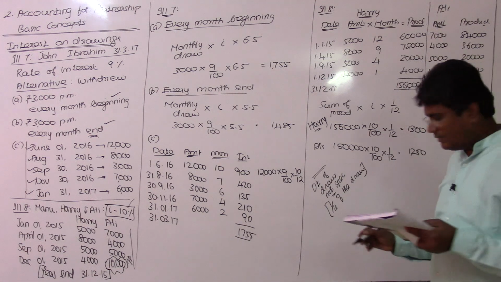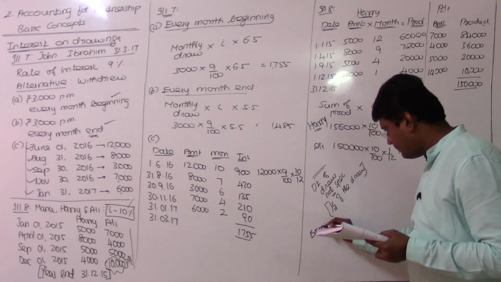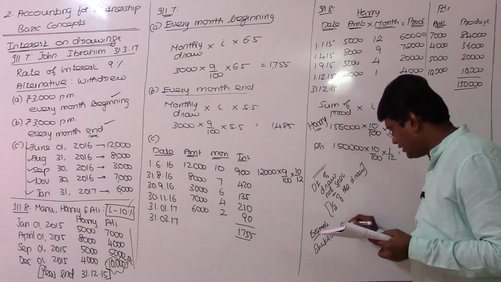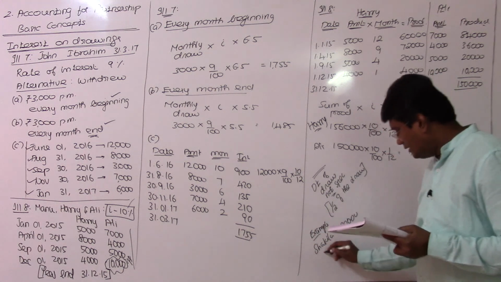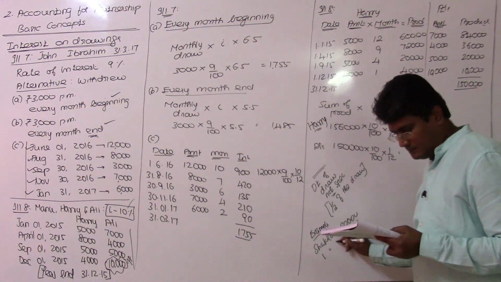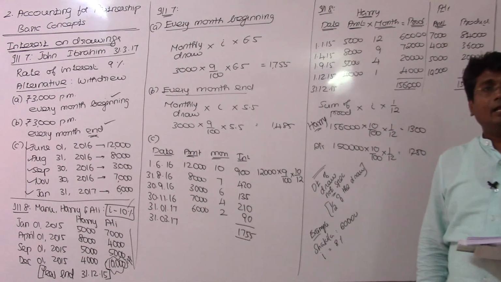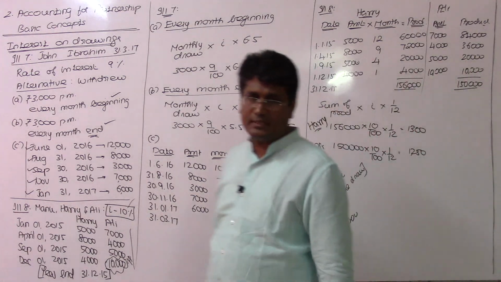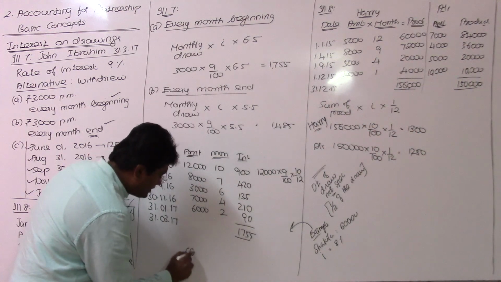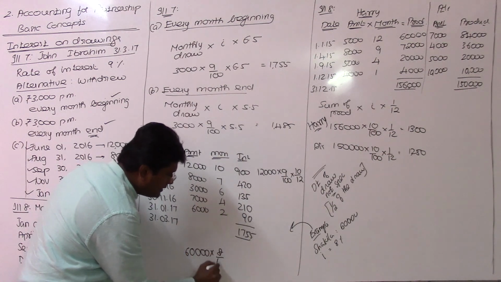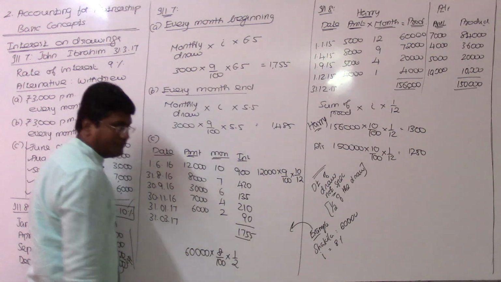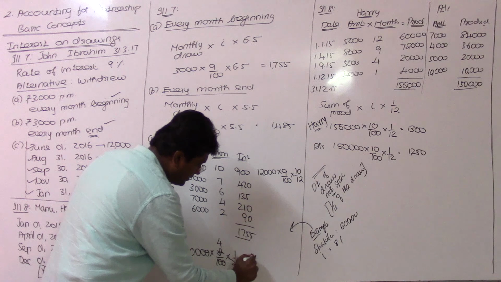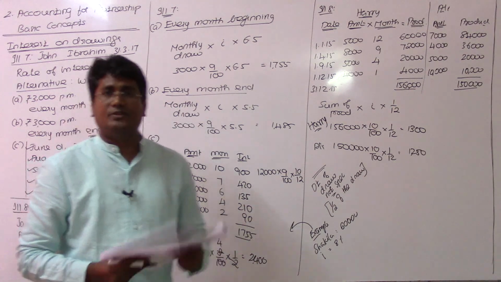Shakila, for example here, withdrew rupees 60,000 from the partnership firm, rate of interest being 8%. The date of drawings is not given. If the date of drawing is not given, how can we calculate the answer? It's very simple. 60,000 rupees is multiplied with the rate of interest 8%. As the date of drawings is not given, you have to calculate for half of the year. So the answer will be 2,400 is the final answer. I hope you could now understand the entire calculation of interest on drawings.